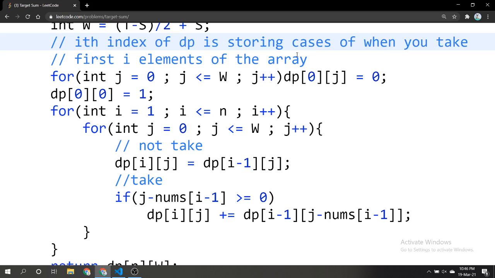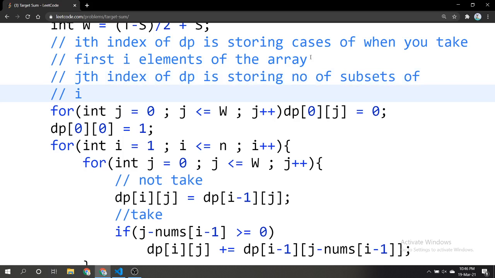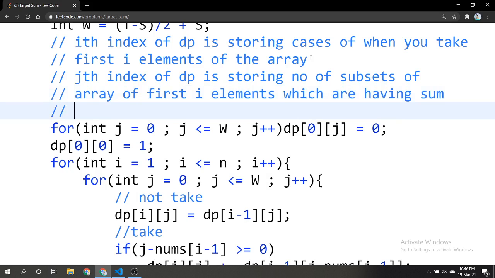And the jth index of DP is storing the number of subsets of the array of first i elements which have sum equal to j.